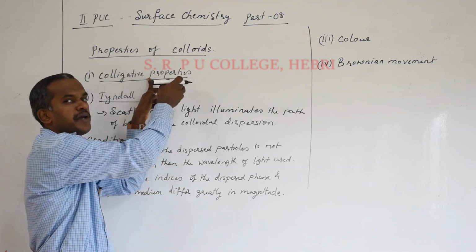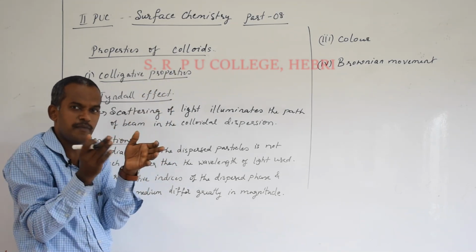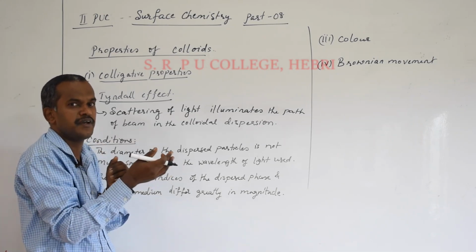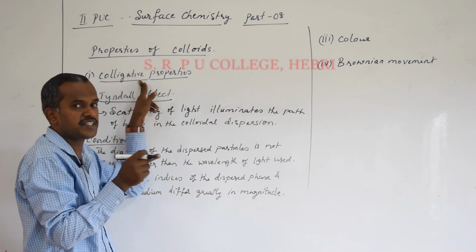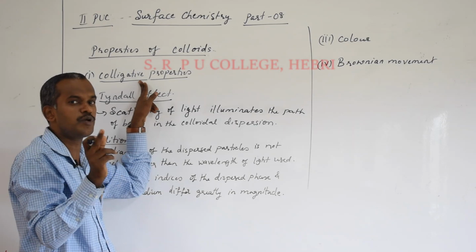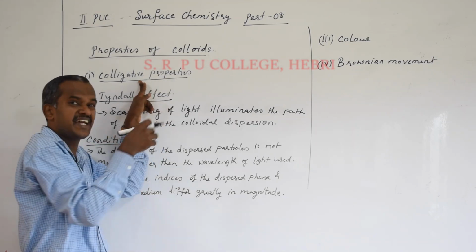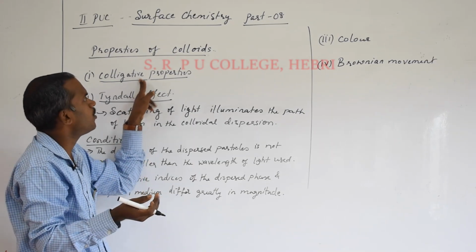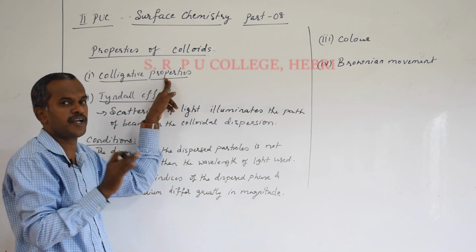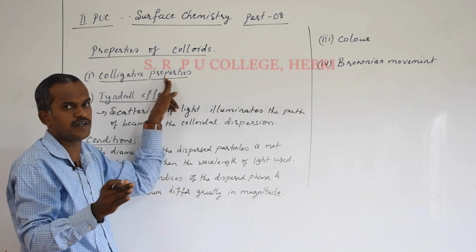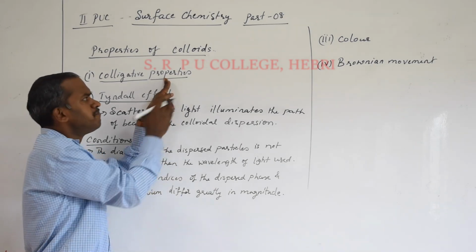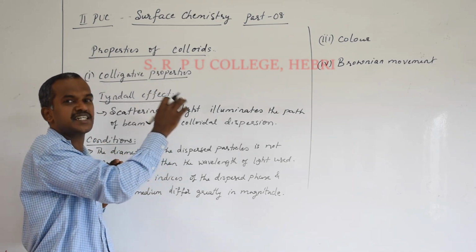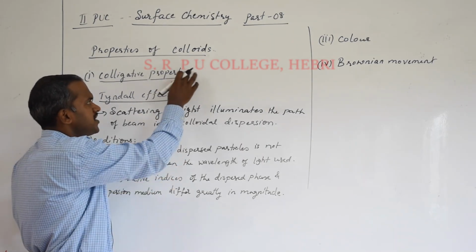But in most colloids, what happens? The small particles aggregate or accumulate, due to which the number of particles found is less. I'm not comparing the size of the particle. Remember, we are concentrating only on the number of particles. Since the particles aggregate in a colloid, the number of particles which are usually involved in the reactions is less. So that makes a lesser colligative property. We are not explaining with any particular colloid or the value of elevation in boiling point. Just comparing with the true solution, the colligative properties of colloids are always less. If you remember that one sentence, it is sufficient.